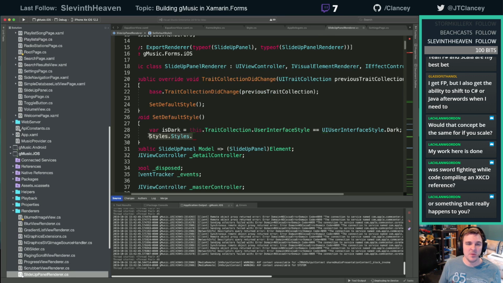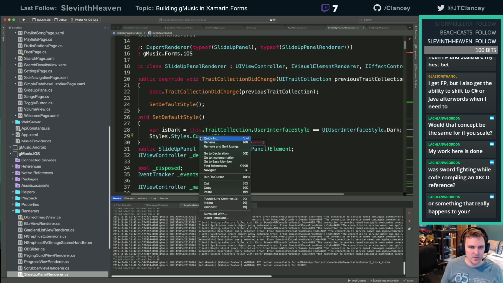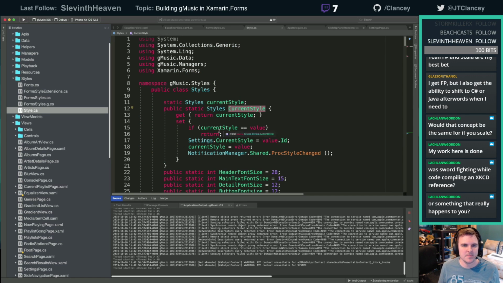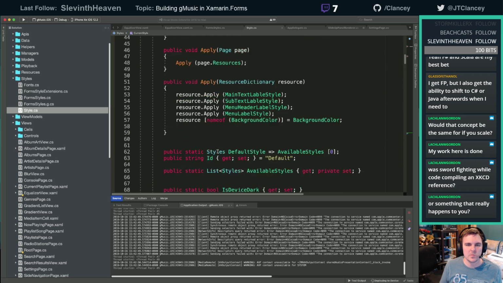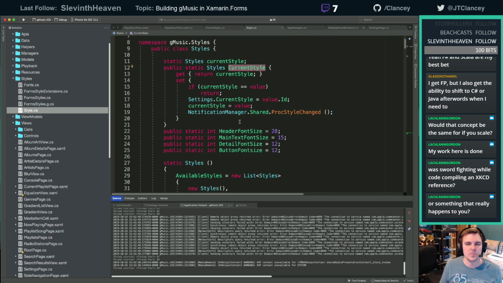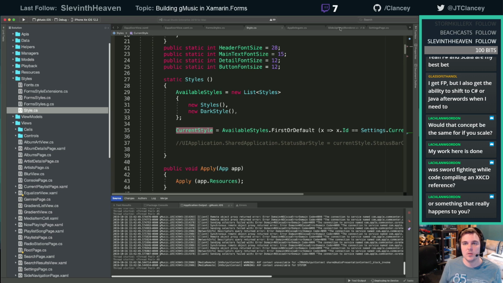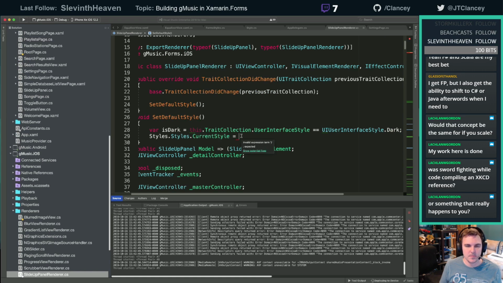And right now I have multiple styles, but I'm just going to say equals... I don't have a way to say which one's the dark style, do I? Is dark.